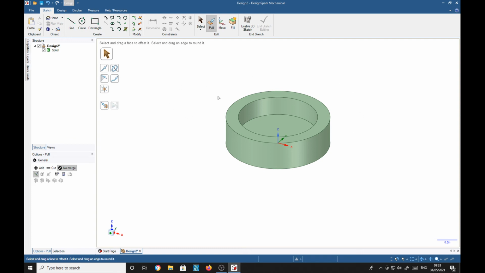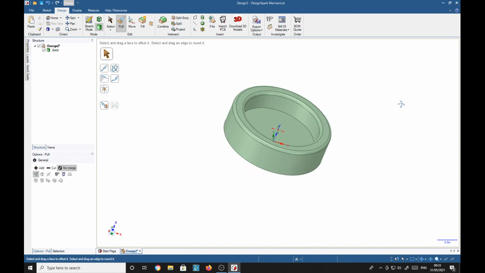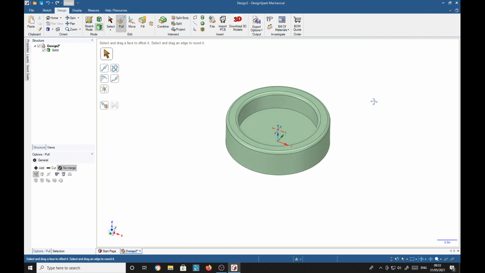Now you want some radii on these corners. So we're still in the design mode and we're still in pull. So select the corner, hold the Control key and select the other corner, because both these radii are going to be the same, 0.07, which you see it's come up with 0.07 here. Then return. And there you have a bowl